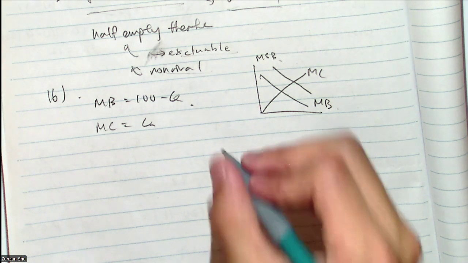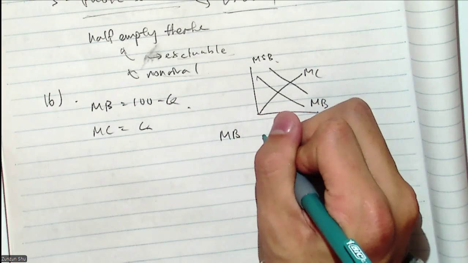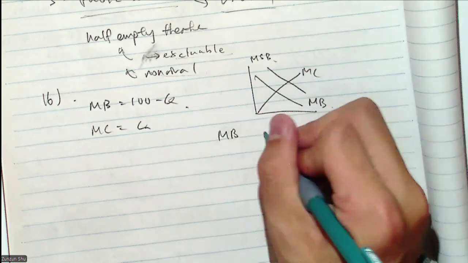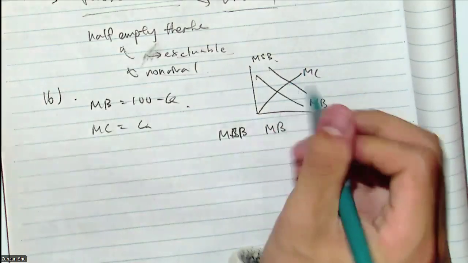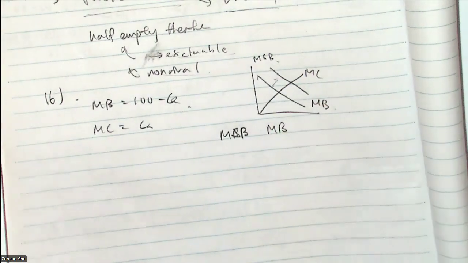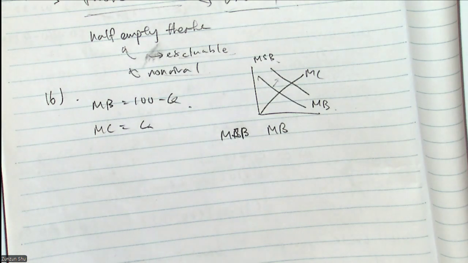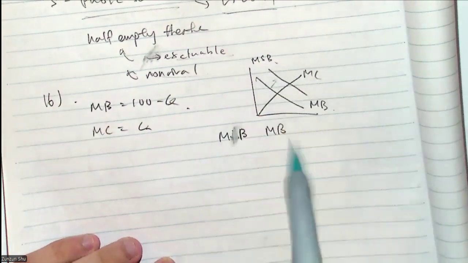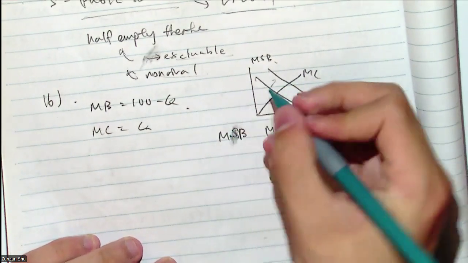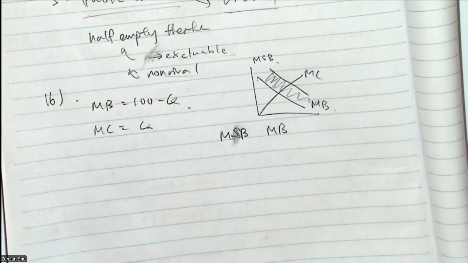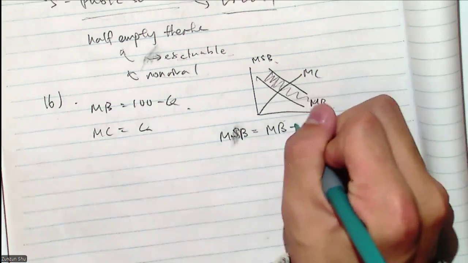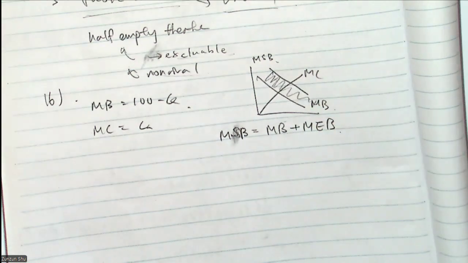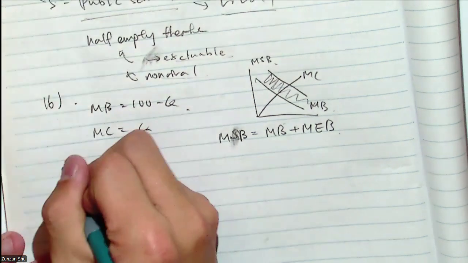So what's the relationship between MB and MSB? Obviously you see the MSB is to the right of MB. That probably means that MSB needs to be MB plus something. But what exactly is this gap that you need to plug in? Okay, so the gap is called your marginal external benefit, MEB. And that's also provided in this question. So you see, MB equals 100 minus Q, MC equals Q. By normal equilibrium,